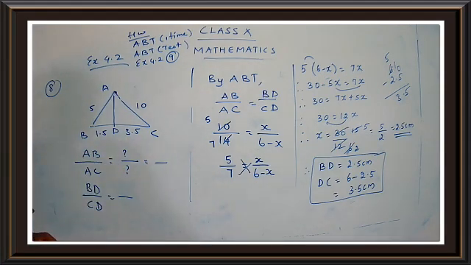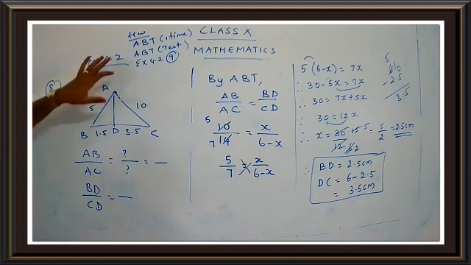Okay, children, try out sum number 9. You have 2 subparts in sum number 9. So what was the homework for today? You have to write the theorem once as your homework. Then you have to write the theorem once as your test. You are going to close all your books and you are going to write this test part on a separate paper. Okay, children? You have to write it down as a test.